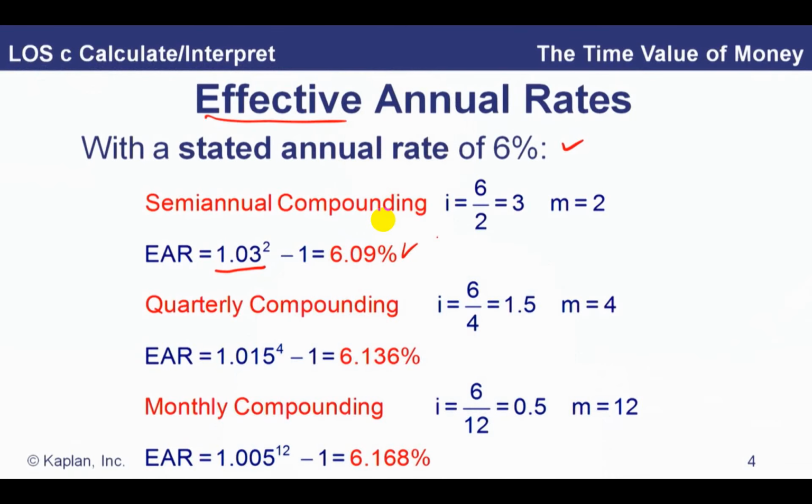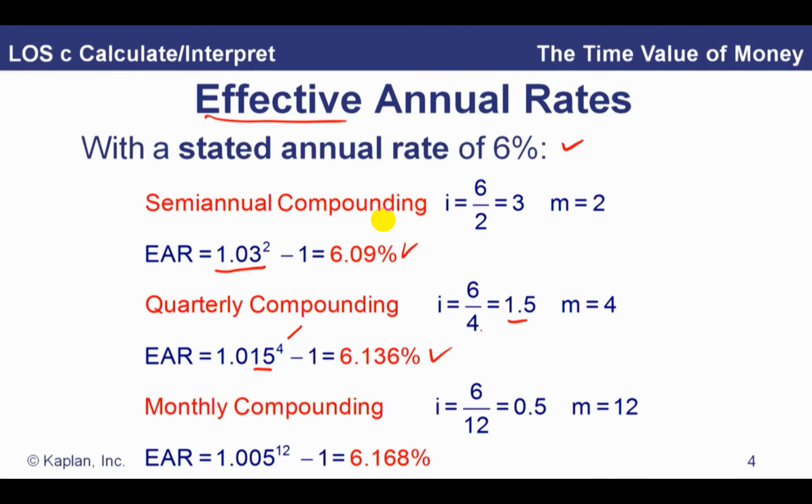Now, with more frequent compounding, we're going to have a higher effective annual rate. So look at this example for quarterly compounding. With a stated rate of 6%, we divide that by 4 and get an effective quarterly rate of 1.5%. And then we compound that 1.5% for 4 periods here and get an effective annual return, or effective annual yield, same thing, of